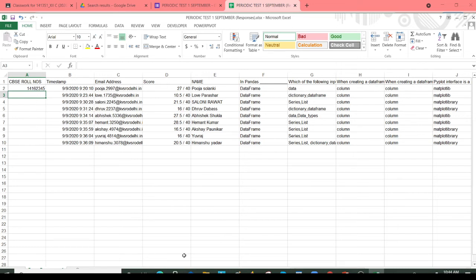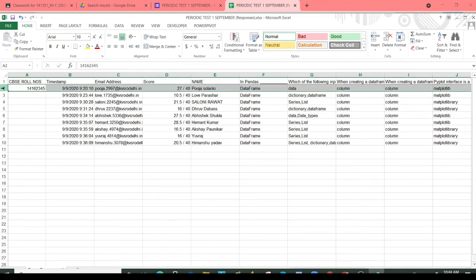So in this way, you have downloaded this sheet and you got the answer sheet of each and every student. This first row will contain the details of the first student. Now you have to save this file because you are entering the roll number. So save the file. Now you have already downloaded the responses and saved them into the Excel file.